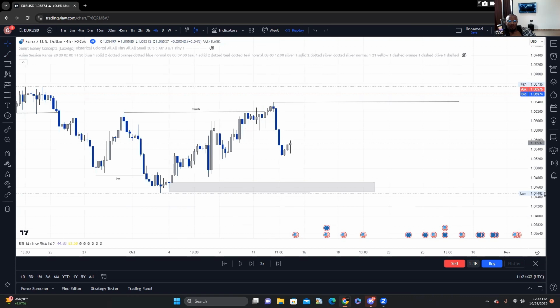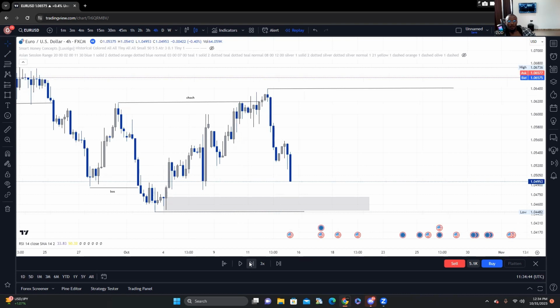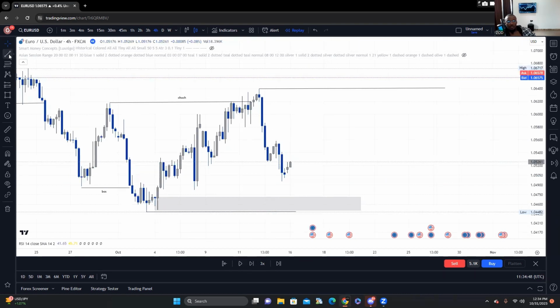So price may not necessarily come and fill in this order block. Maybe it can come at a later date, but let's see if we were in any luck at that. Okay, that's nice. And if you also look closely here, you can see that there's liquidity resting here, which is also a very clear indication